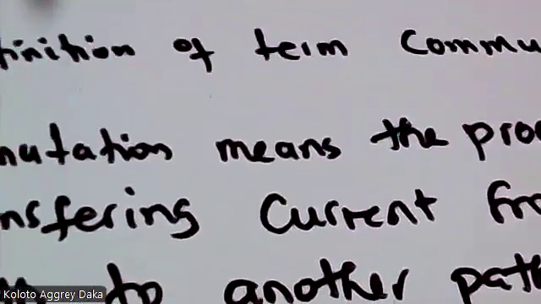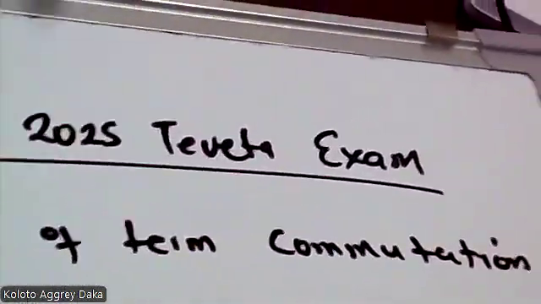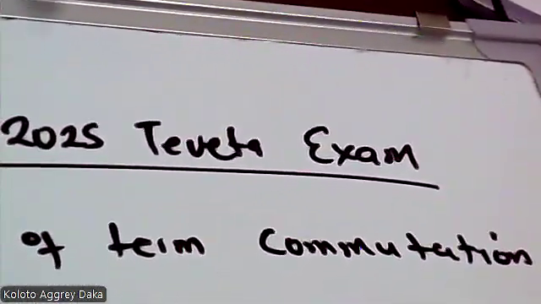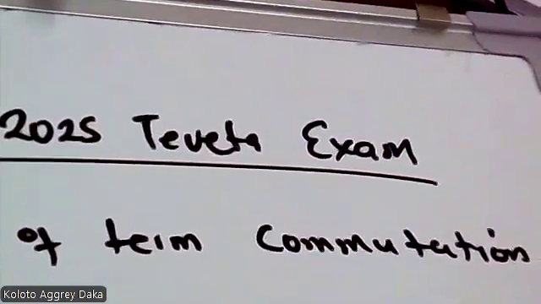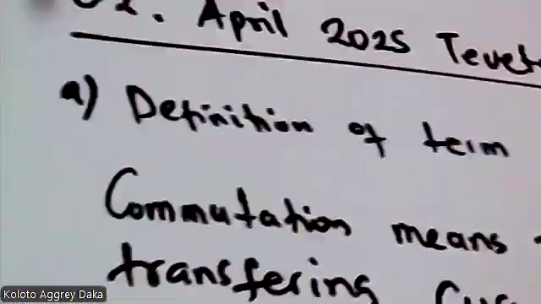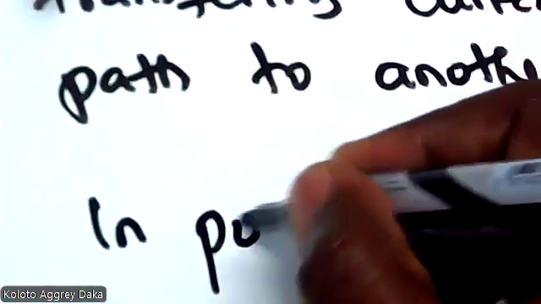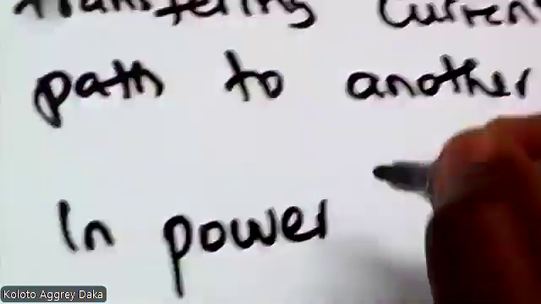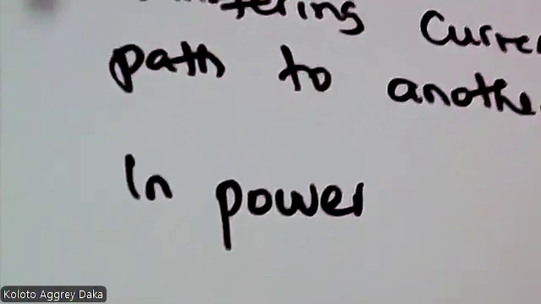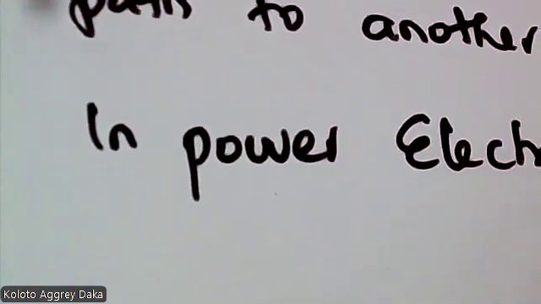Furthermore, I can also state that in power electronics, it is the turning off of one semiconductor device and turning on another so that the load current is transferred. Maybe we can put that one as well. But the first part was enough for you to get the full marks. But we can say further that in power electronics,